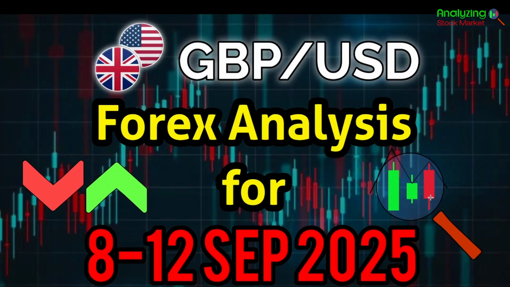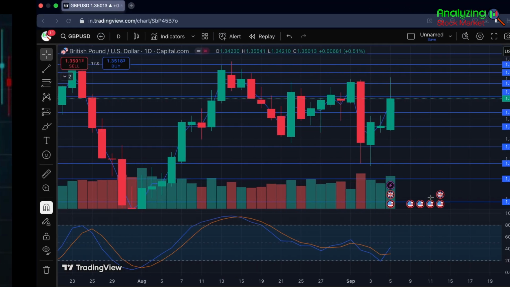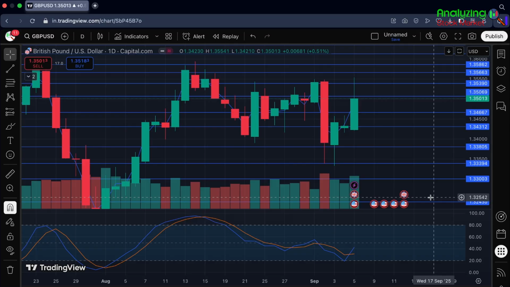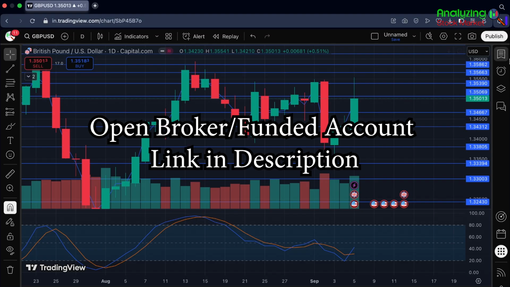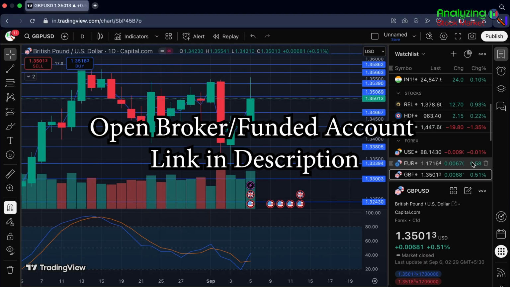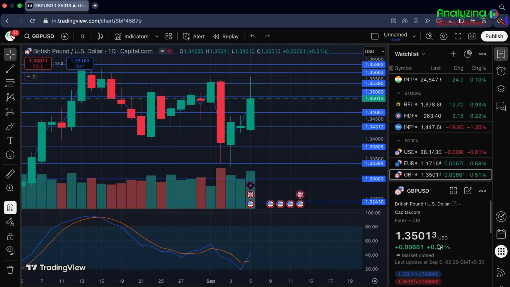So today we'll be talking about the GBP USD pair and we'll do the Forex analysis for 8th to 12th September 2025. So let's go straight to our chart. First, let's see what happened in GBP USD on Friday. As you can see, we can see a positive move of 0.51% and a closing of 1.35013. So currently we'll be talking about what is going to happen in the coming week, and even I'll be marking